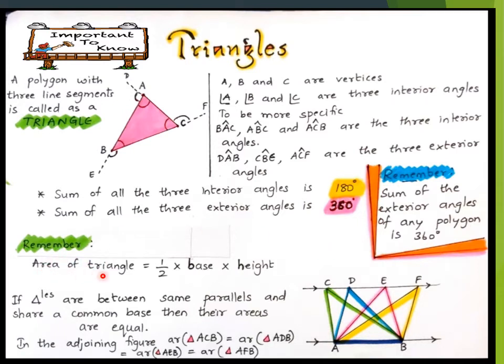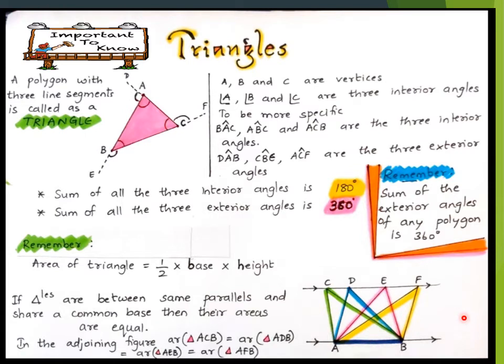Now, do you remember what is area of triangle? It is half into base into height. You should remember this formula. You will be applying this in this lesson also. Now, observe this diagram here. There are 4 triangles, isn't it? But what you can see something common in these 4 triangles? The base is common, isn't it? Observe here, AB is the base which is common for all the 4 triangles. And you can see that this line and this line, they are parallel. So these 4 triangles are lying between the same parallels and they have a common base.